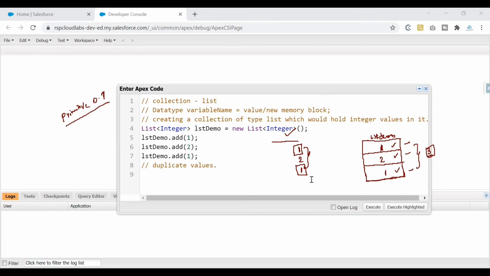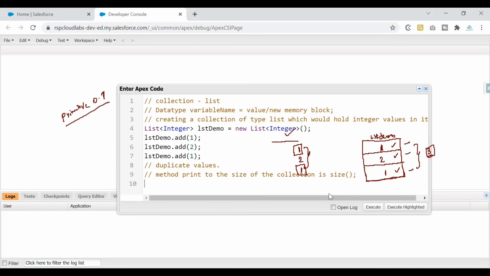Again, I'm using a word called method. Do not worry in case you do not know it. For the time being, think that there is some magic that I'm doing to print this value. So the method that I'm using to print the size of the collection is size. So this is the method that you can use to print the size of our collection.